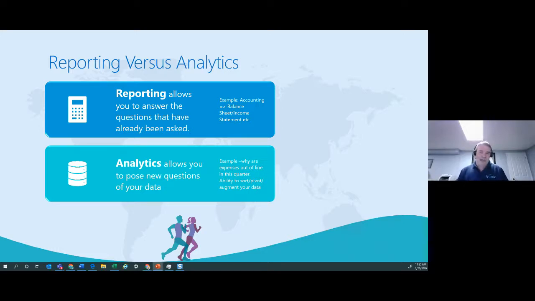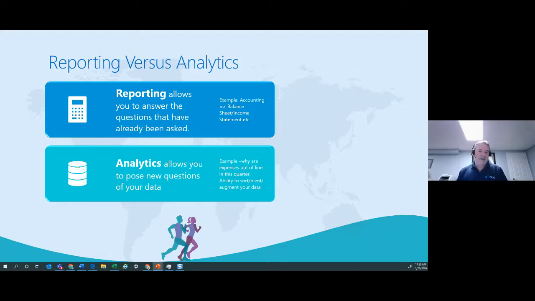So first of all, whenever I do these presentations, I like to delineate between two very different classifications, if you will. Reporting. So reporting, think about all the questions you already know that you want to measure. If I can use the metaphor of accounting systems because people can relate to it, I've got a balance sheet, an income statement, all of those things that you would expect an organization to have. Think PDF, or in the old days, barrel reports or green bar reports, those reports that have fidelity to them. And you know what you want to have answered.